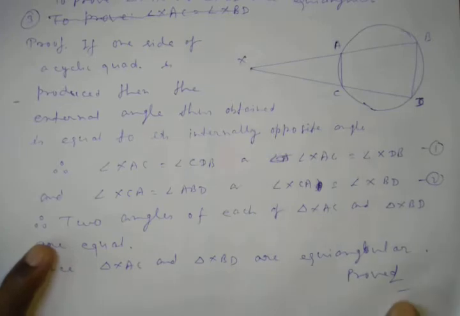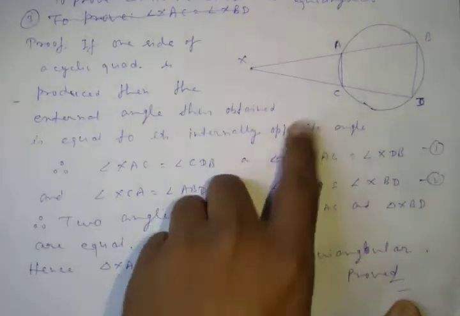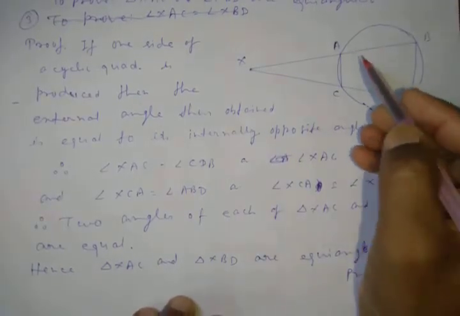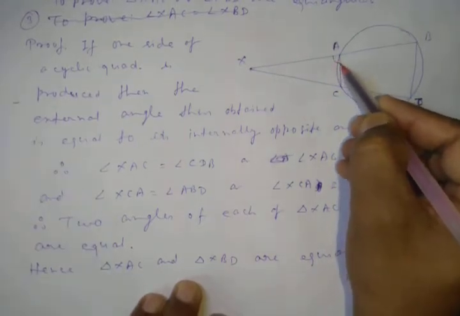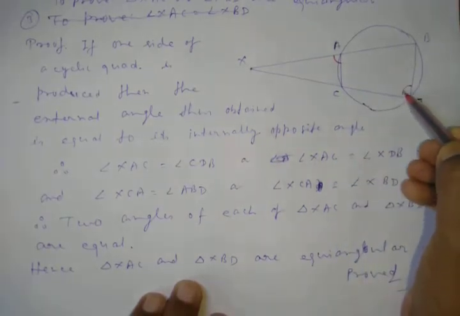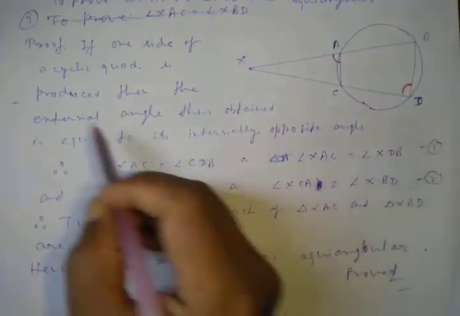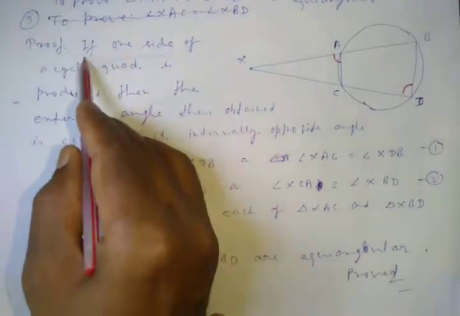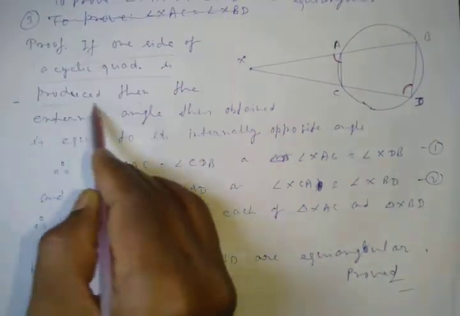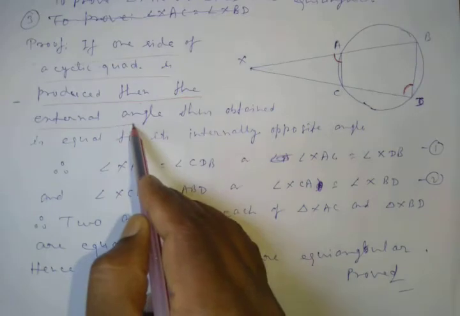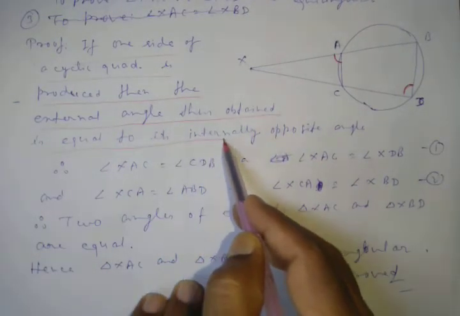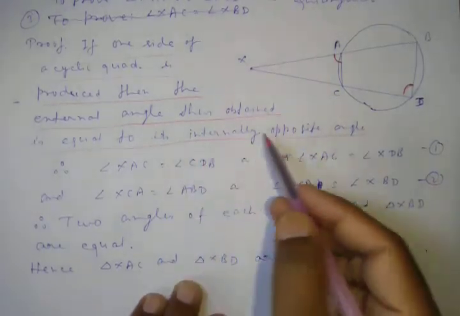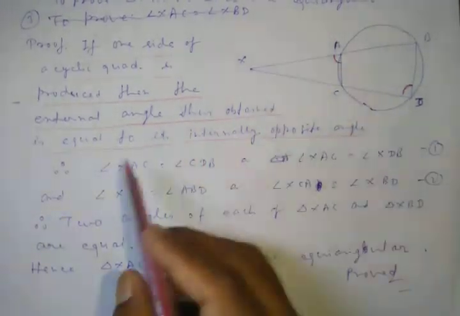So actually we have to prove that they are similar. First we will start from this. There is a property that the exterior angle of a cyclic quadrilateral is equal to the interior opposite angle. So this is equal to this here. Here I have mentioned this theorem: if one side of a cyclic quadrilateral is produced, then the external angle thus obtained is equal to its internally opposite angle. So by this theorem we can write that angle XAC equals